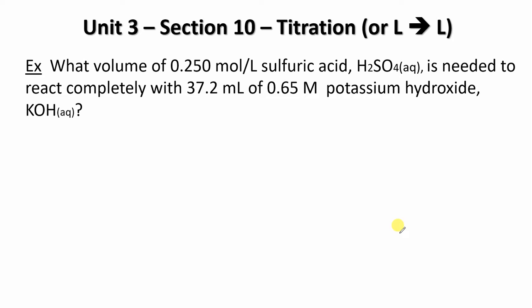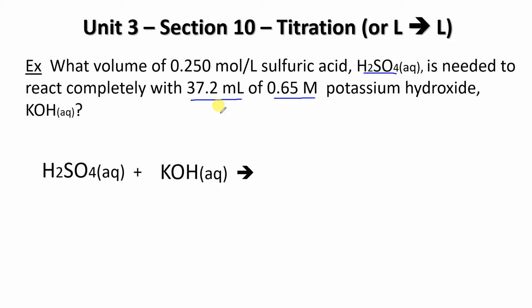So let's take a look at a question here. What volume of 0.25 molar sulfuric acid, H2SO4, is needed to react completely with 37 mL of 0.65 molar potassium hydroxide? So even before we get started this question, we know we're going to need to do a mole ratio, meaning we know we're going to need a balanced equation. So we're going to have to create a balanced equation, which is going to be our sulfuric acid plus our